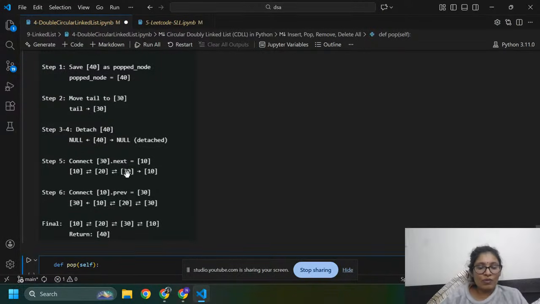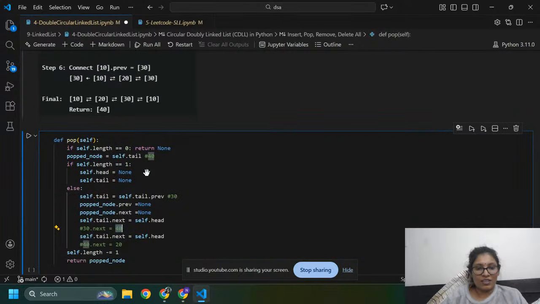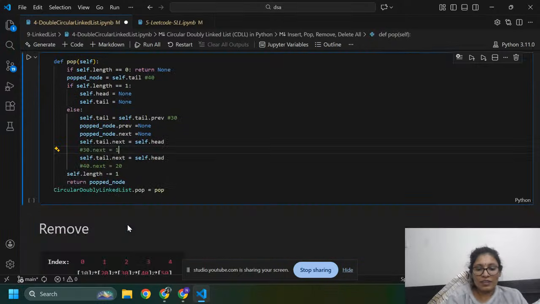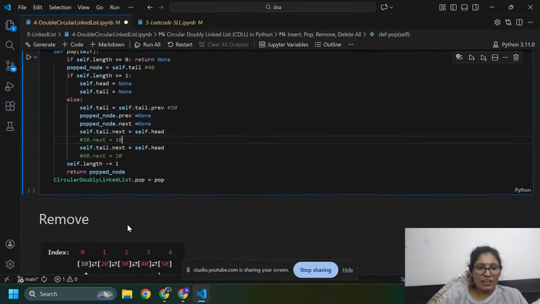So 30 I am going to connect with the head, that is 10, by using the next pointer. So here 30.next connects with the 10. Okay guys, here